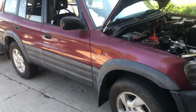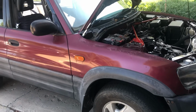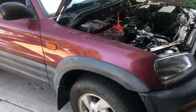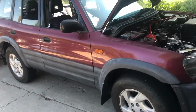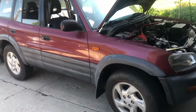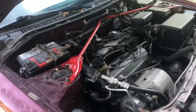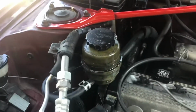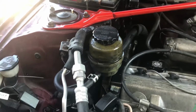Alright, so I am making this video in the hopes that at least a few people can avoid some potential expensive repairs, and if you try to do it yourself like me, a frick ton of time and anger. So this specifically is a first gen Toyota RAV4, but from my reading online there are a few mentions of other cars, specifically in regards to a geyser coming out of the power steering fluid reservoir,